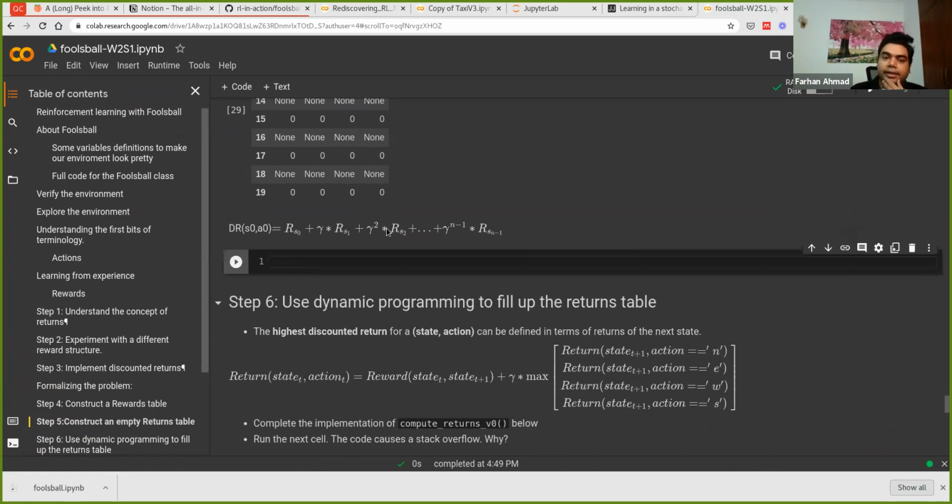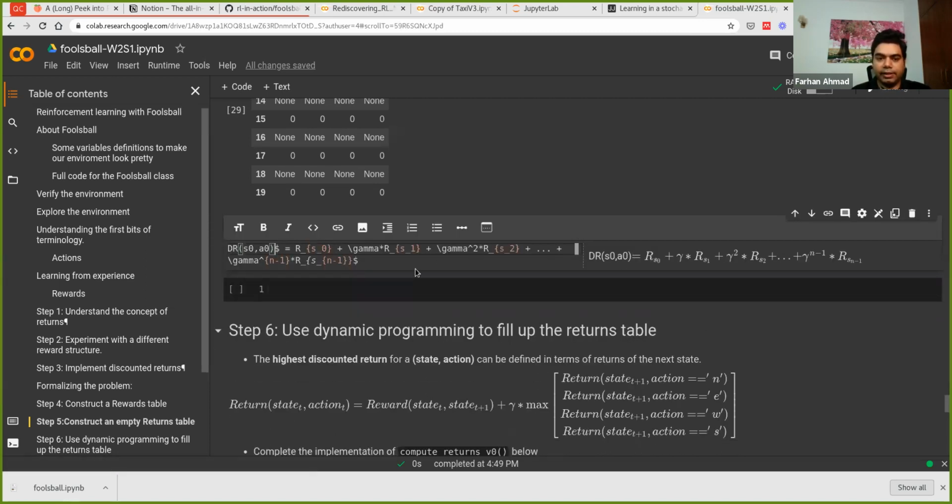That is not visible over here, but this is because we were simulating an entire episode. So obviously in S0 we took some action that took us to state one and so on. So when we are talking about returns, this is the return for state S0 and action A0. Now let us also look at what the return looks like starting at the next state. So if we were to start here in S1, if we forget about S0, if you start here, then obviously,